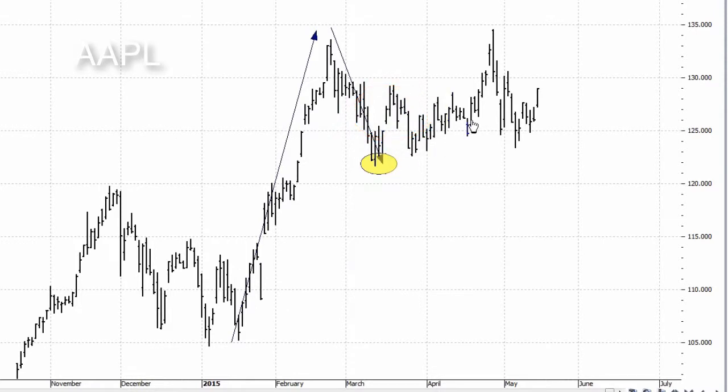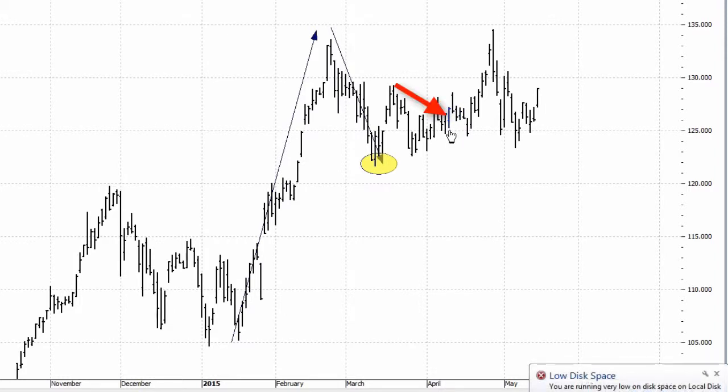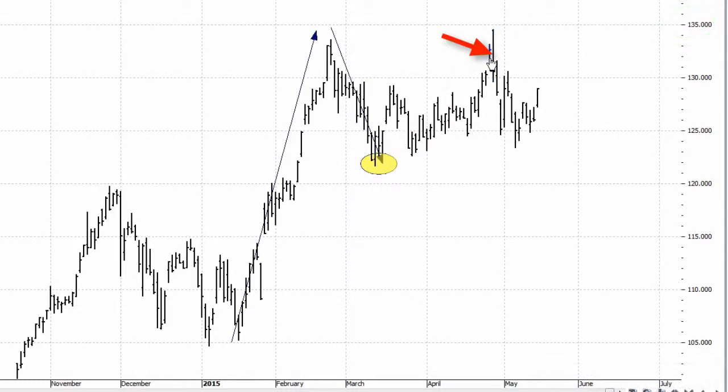Now we entered this position using call options on the 10th of April. So right here where my mouse is right now, we set a target of 135 and we were almost at that target. However, I at the time exited the position on this bar here on the 27th of April because